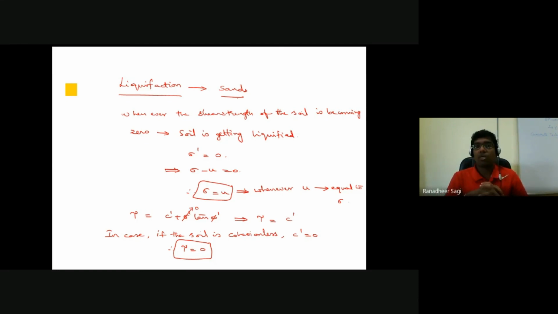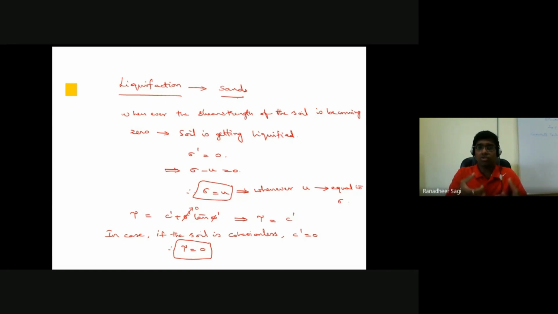But what happens is, whenever you have sudden impact loads, or some earthquake loading conditions, or repeated impact loads applied on the ground, there is a possibility of trouble. An earthquake would at most prevail for a couple of seconds. In that couple of seconds itself, a huge amount of energy is released in the ground.